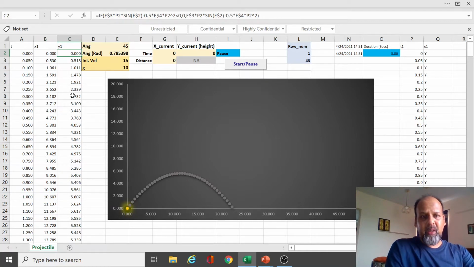Similarly, using the formula ut plus half a t squared, that would be t into sin theta minus half into g into t squared. You can see the equation here.